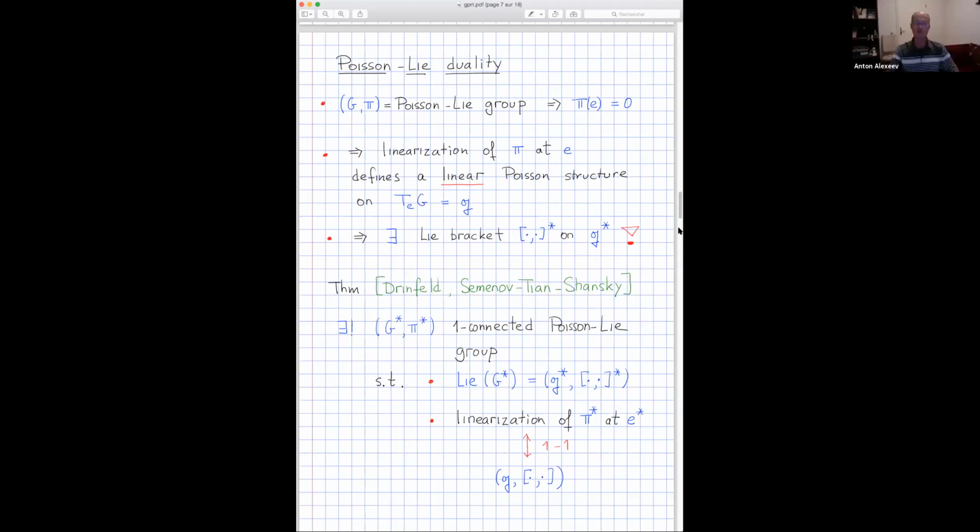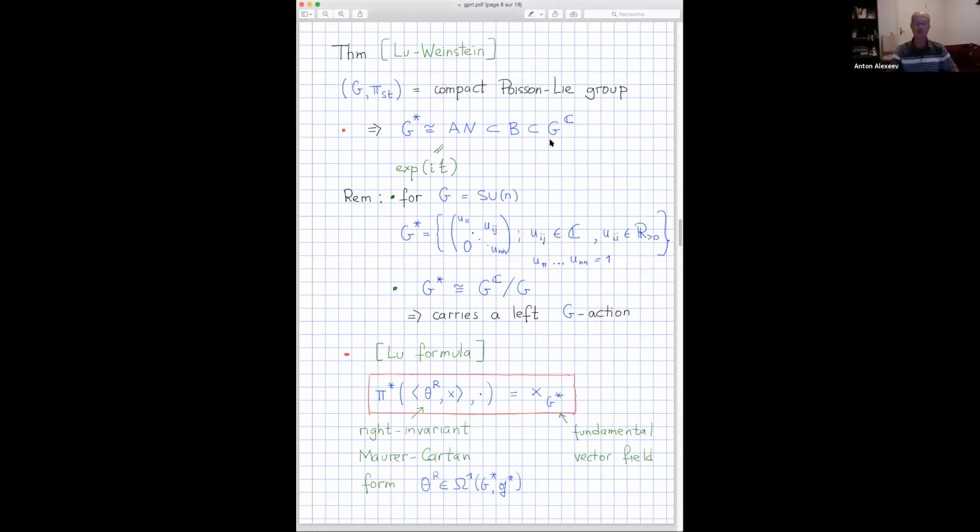Now, here is a theorem of Lu and Weinstein, which tells us how those dual Poisson-Lie groups look if we choose G to be compact with the standard Poisson structure. In the complexification of our compact group, there is the KAN decomposition where the compact part would be G itself. And then it turns out that G star is isomorphic to this AN. So it's a simple-looking subgroup of the Borel. Maybe just to make it a little bit more clear,